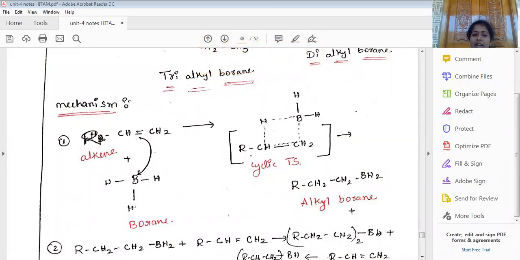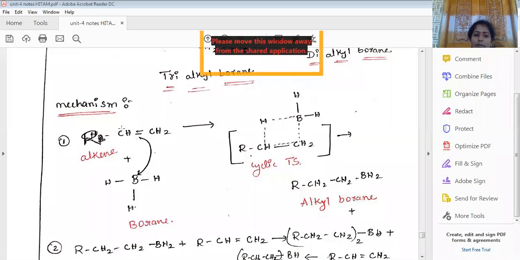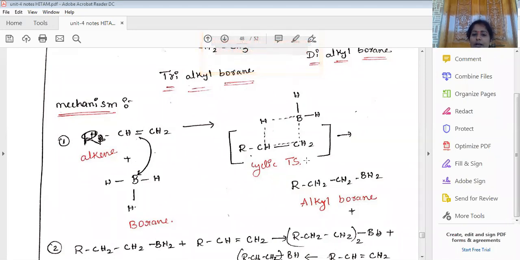This departing hydrogen is able to form a slow, weak bond, a new bond formation with the second carbon of the carbon-carbon double bond. Here the bond formation is indicated with dotted lines; it is not a complete bond, just the initiation of bond formation. Slowly the double bond is cleaved, that means the double bond disappears slowly, which is indicated by the cyclic transition state mentioned in the square bracket.